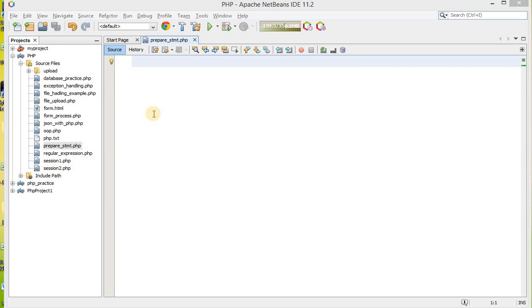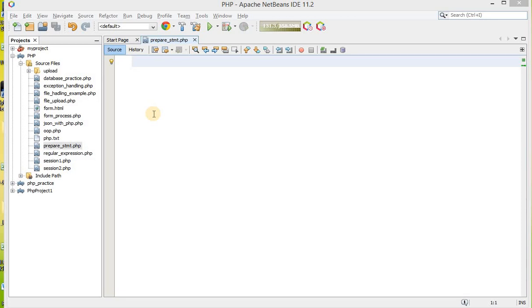Now a prepared statement is something different from that. In a prepared statement, first you have to prepare the query.